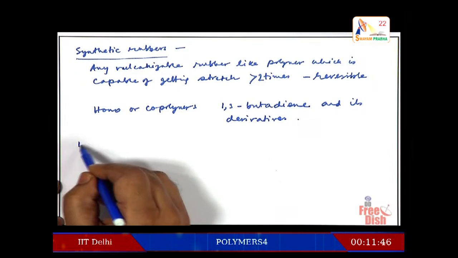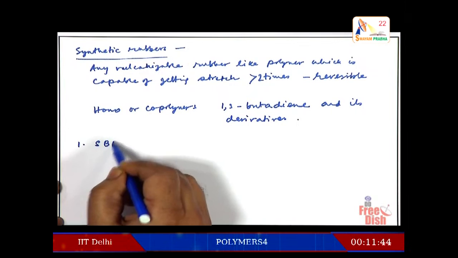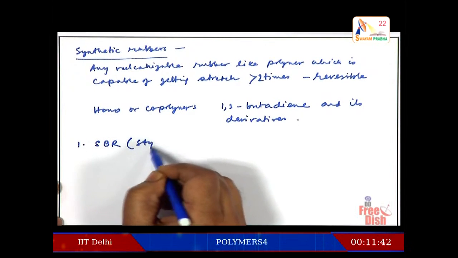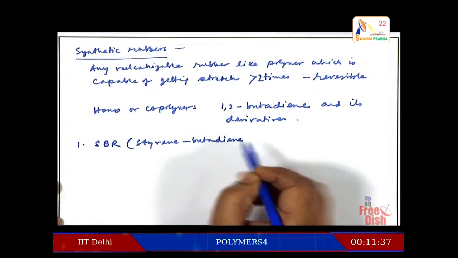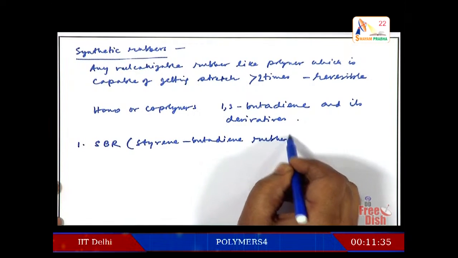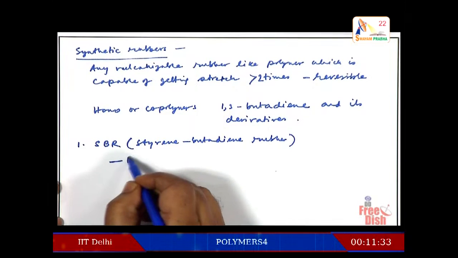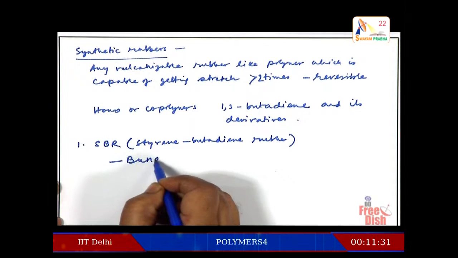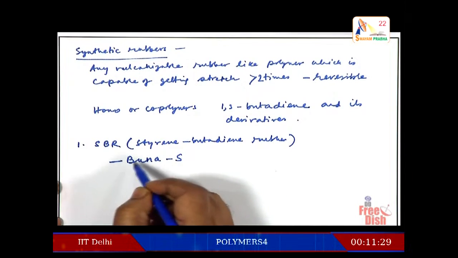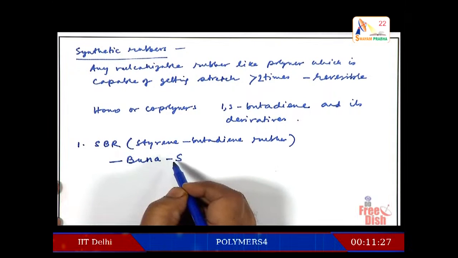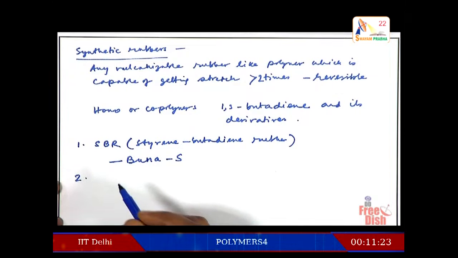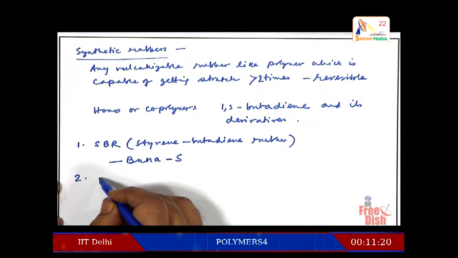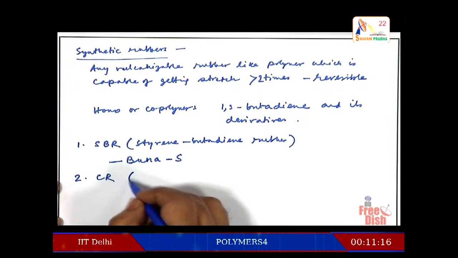The first example is SBR, which is styrene butadiene rubber. The example we gave earlier was Buna-S, which is made from 1,3-butadiene with styrene, and Na, sodium, is used for making the polymer. Second would be this,